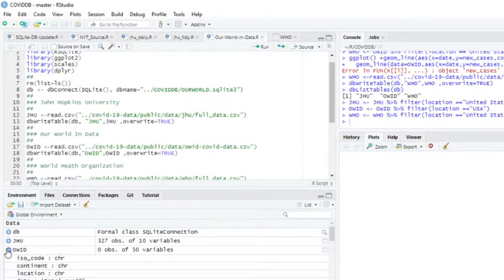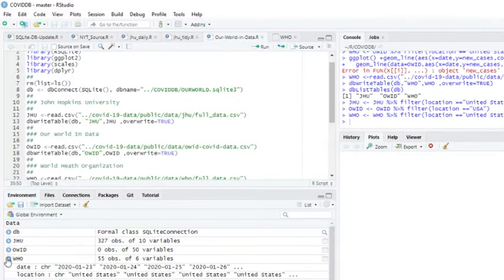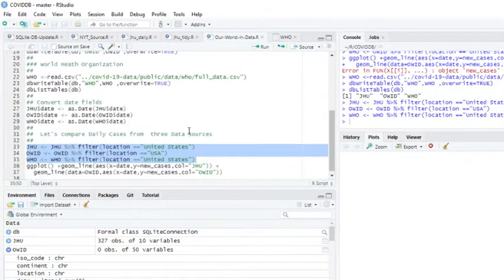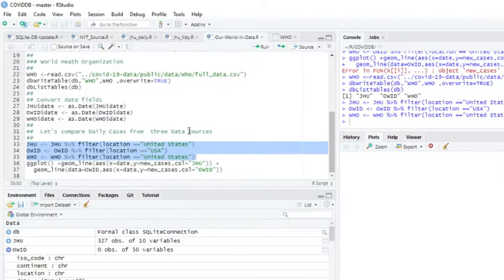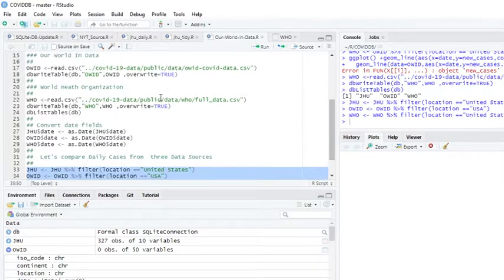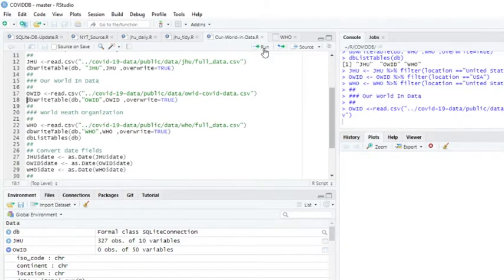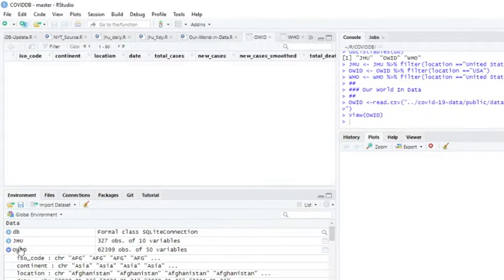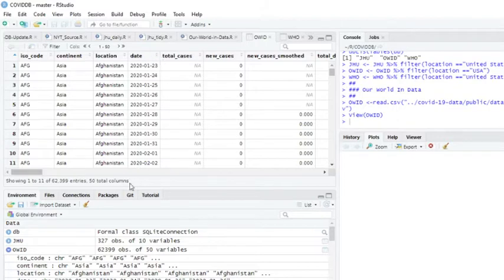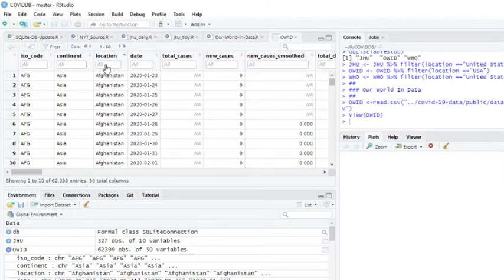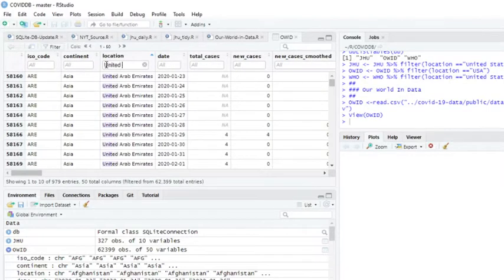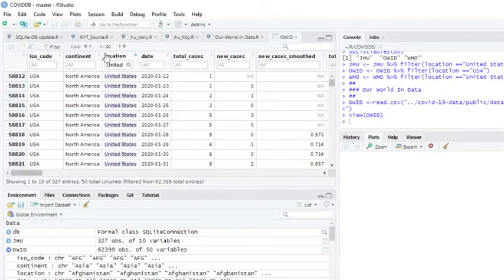United States, Our World in Data, ISO code, United States.